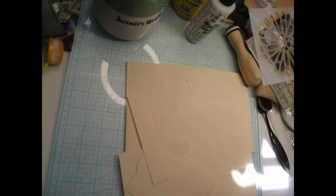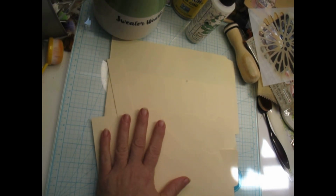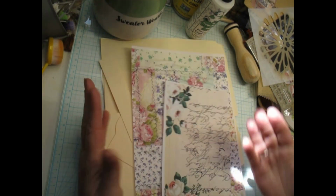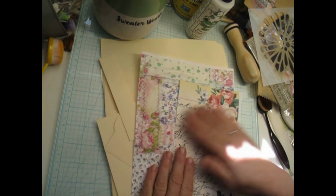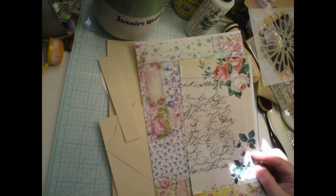So I also wanted to show you some amazing papers. And now I'm part of a new design team for Shawcraft 1. And I was going to wait to show you some of these, but I want to use them. So I'm going to show you my design team project on the 1st. So that'll be posting then. But in the meantime, I do want to show you, I'm going to use some of these because they're gorgeous,